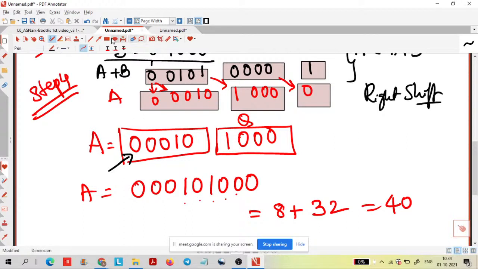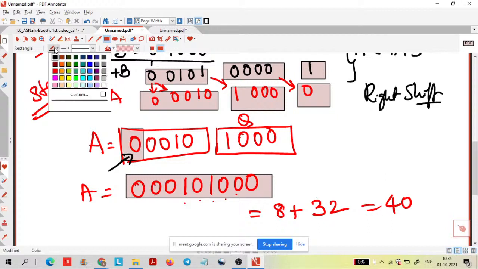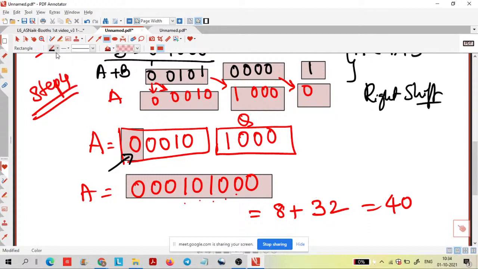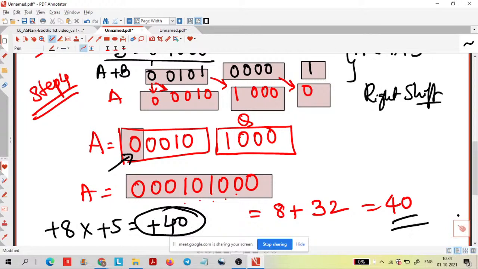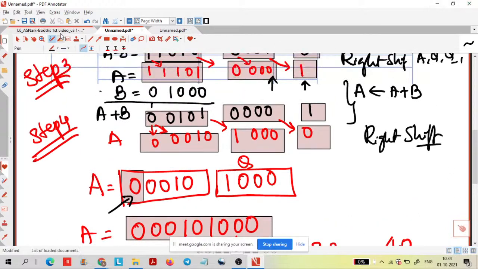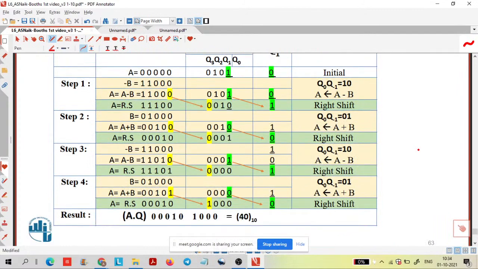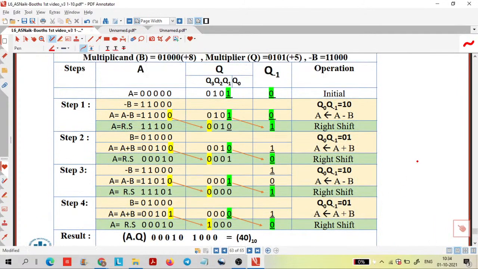What is the sign of this ये, positive. Okay, the sign is positive, and this A value binary it is that you know like 40. So 8 into 5 कितना है, 40. आपका हमारा मल्टीप्लिकेंड एंड मल्टीप्लाई कितना था, +8 +5, so it is +40, so we got the correct result. So in this way you have to perform the 4 steps, आपको ऐसे 4 steps फॉलो करना पड़ेगा, ओके।